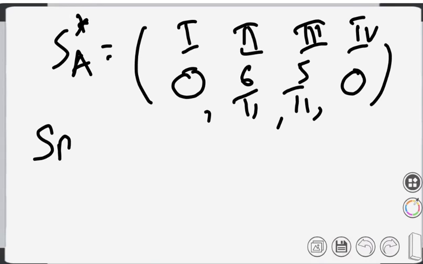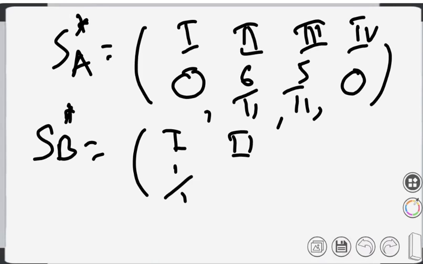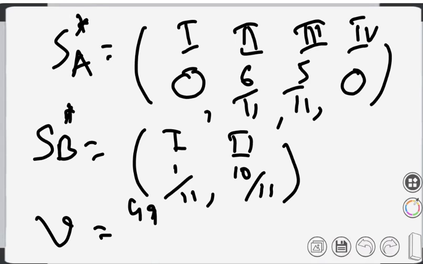SB star: B had only two strategies, so it will be 1 by 11 and 10 by 11, and the value of the game is 49 by 11, and the game is over. It's pretty simple, there is no difficulty at all. That is how we have to convert the game, if it's not a 2